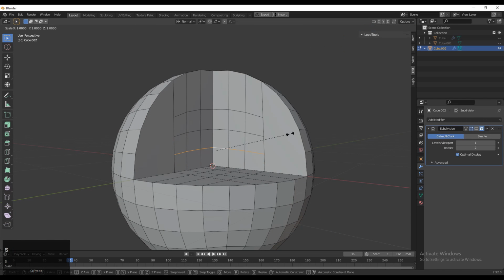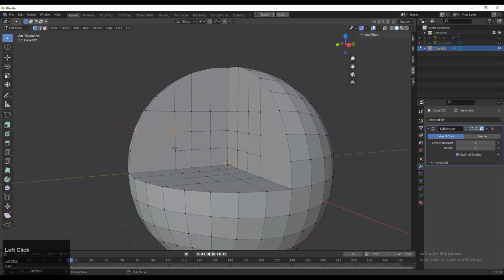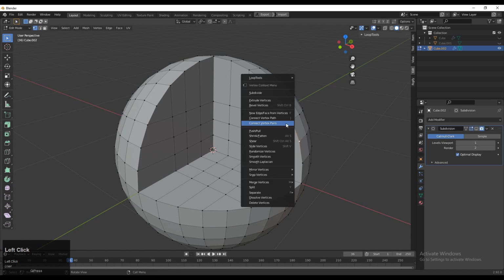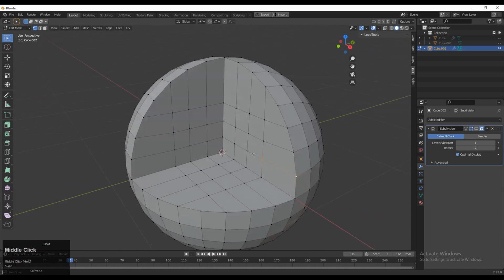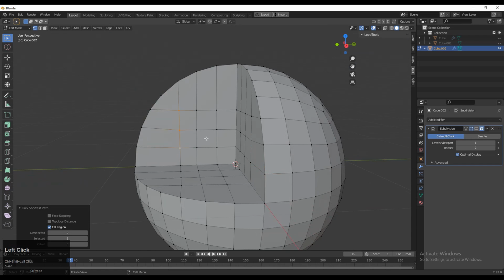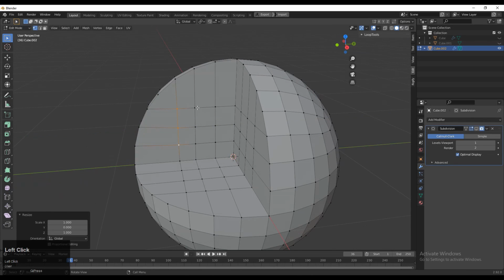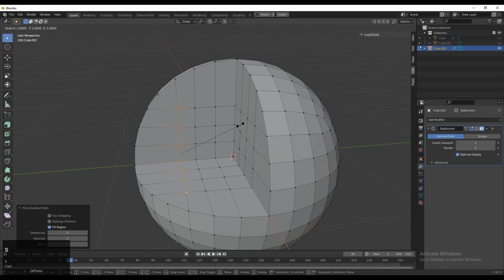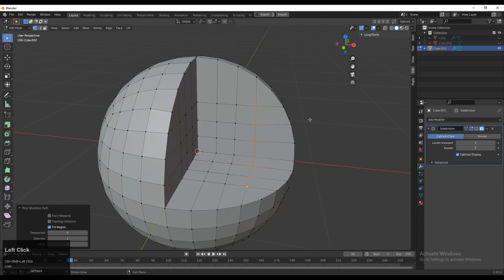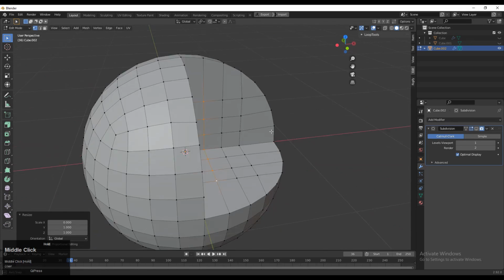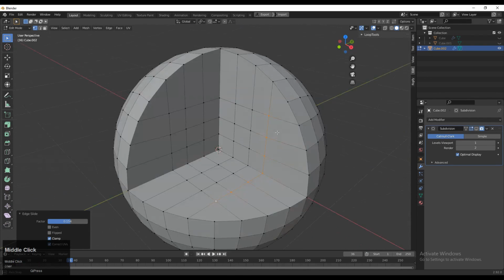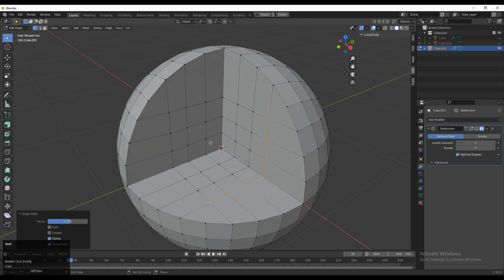You can scale them along the z-axis, so press S and then scale it along the z-axis and give the value 0: S, Z and then 0. And now you can see we got that cubical shape at the center of that sphere. So just align these vertices properly, so you will get the same distance in between this edge loop. And now we got that cube shape at the center.